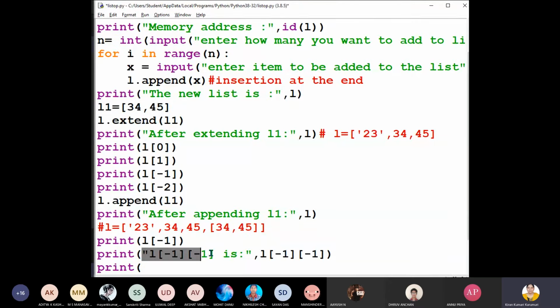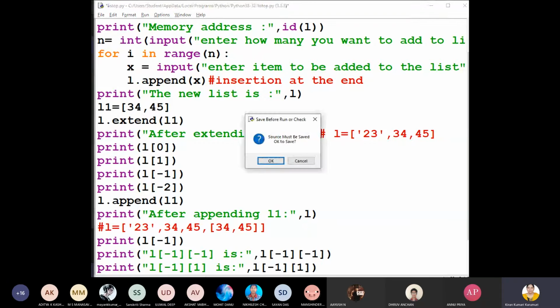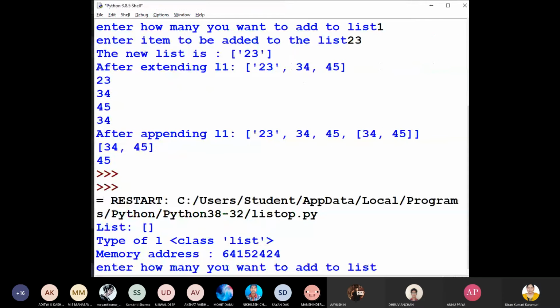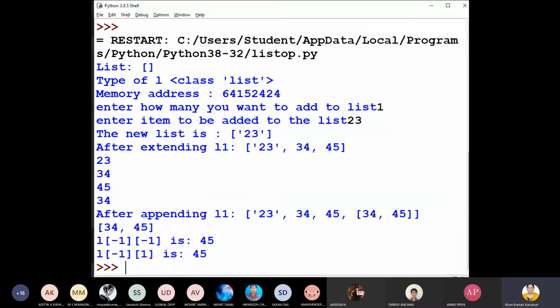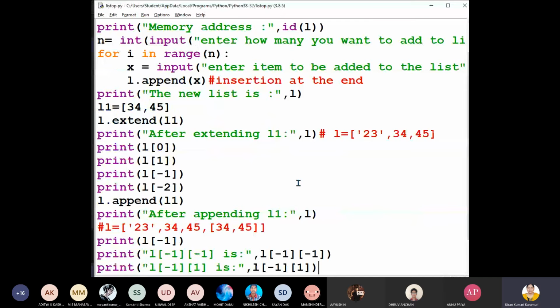That will also give you the same result. So let me show you. Got it? If you are using forward index, this is 0th index, this is first index. If you are using reverse index, minus 1, minus 2. Is it clear to every one of you?